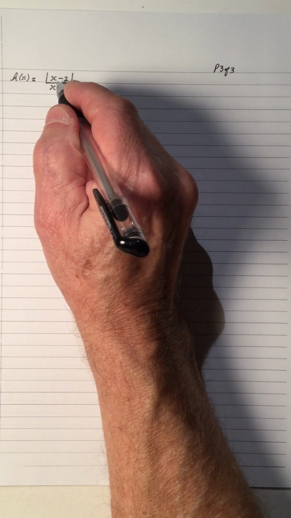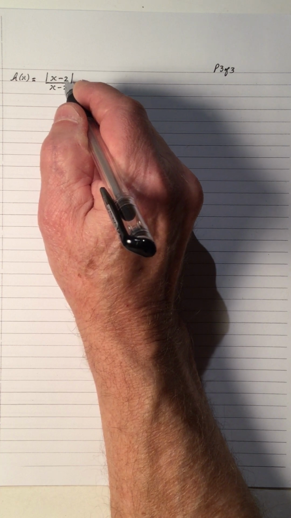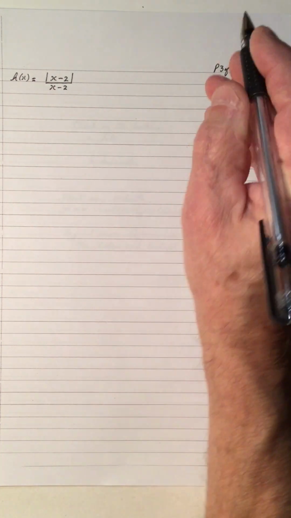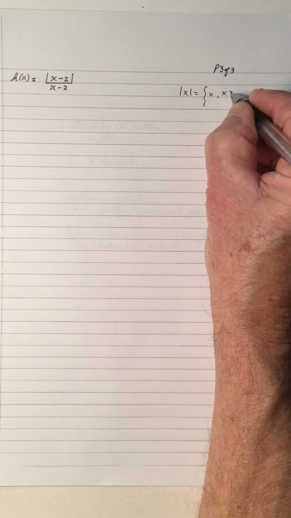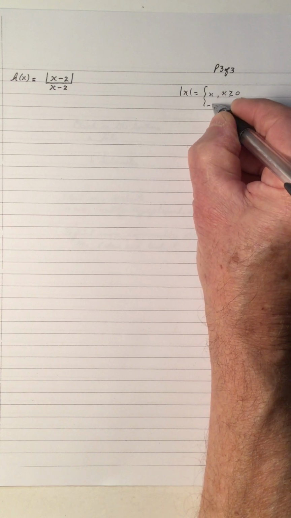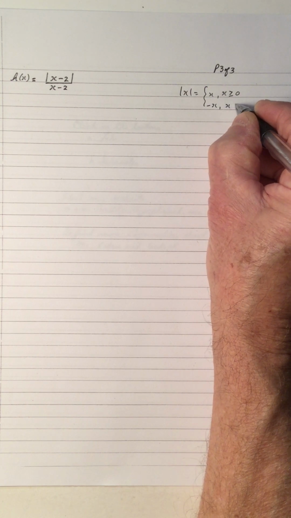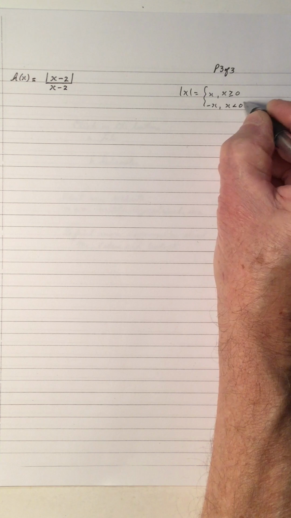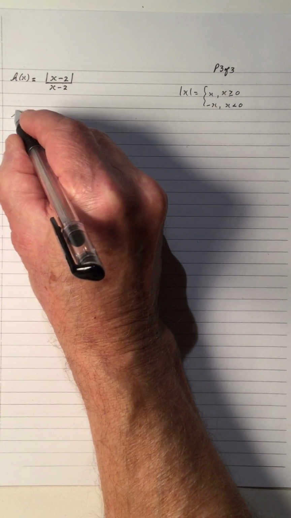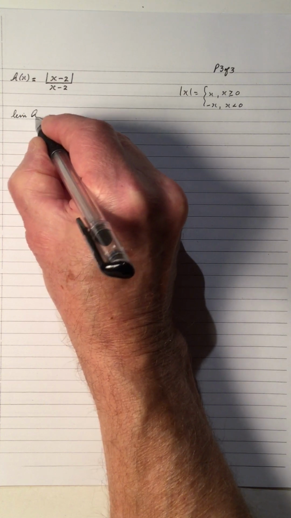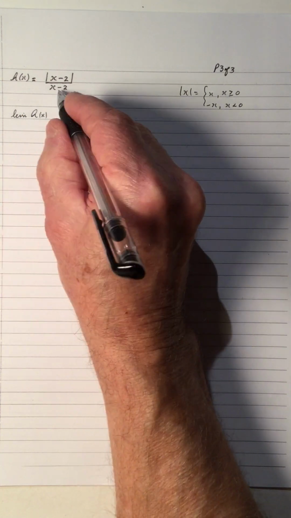Let's continue with an absolute value. The h of x is the absolute value of x minus 2 over x minus 2. So just to recall, the absolute value of x is equal to x when x is greater than or equal to 0, equal to negative x when x is less than 0. So let's look at the limit of the h of x as x approaches